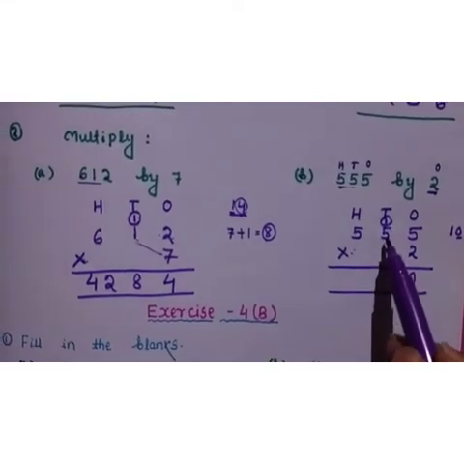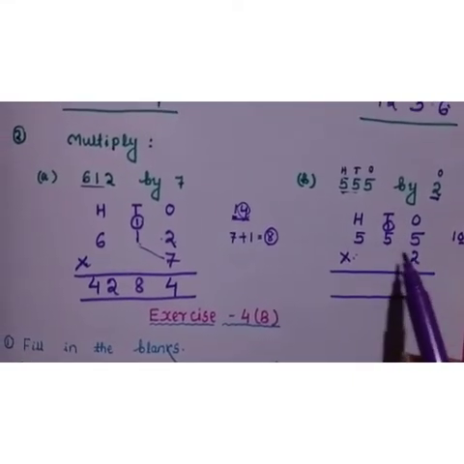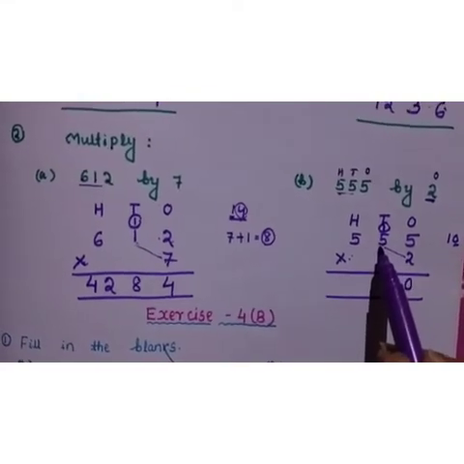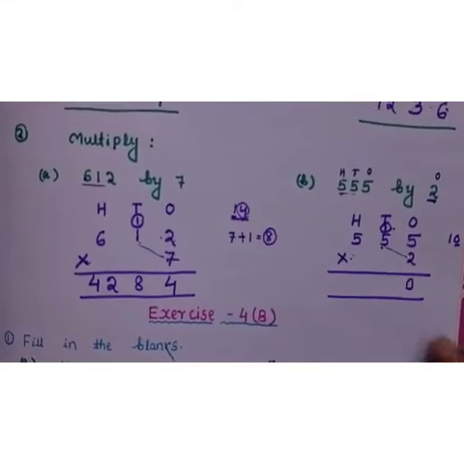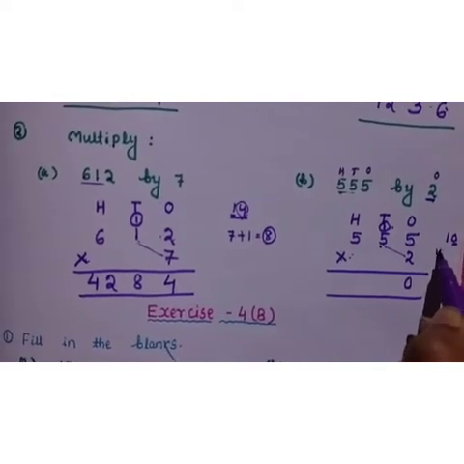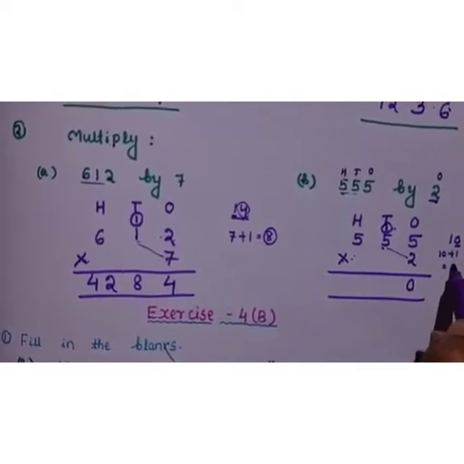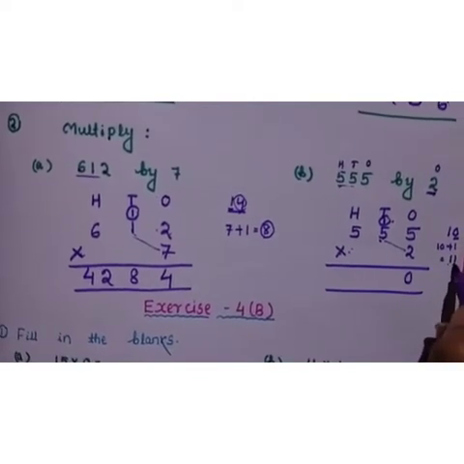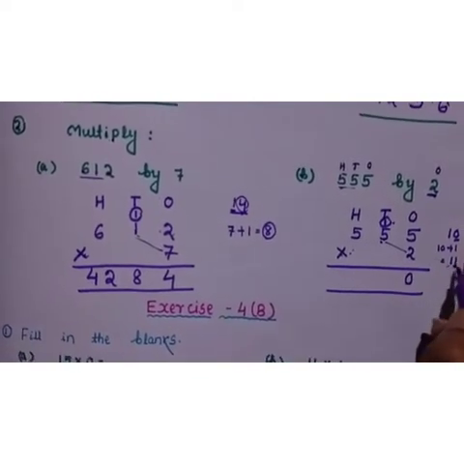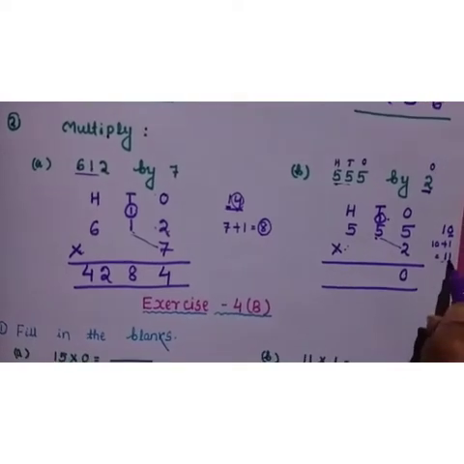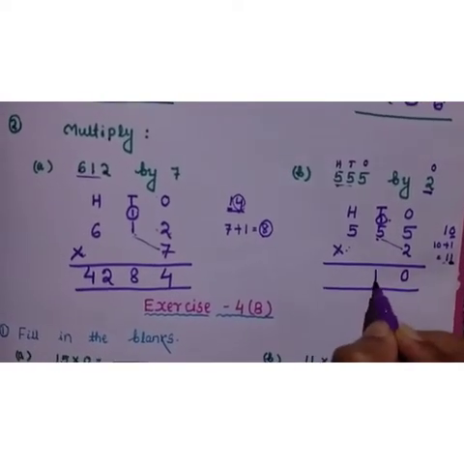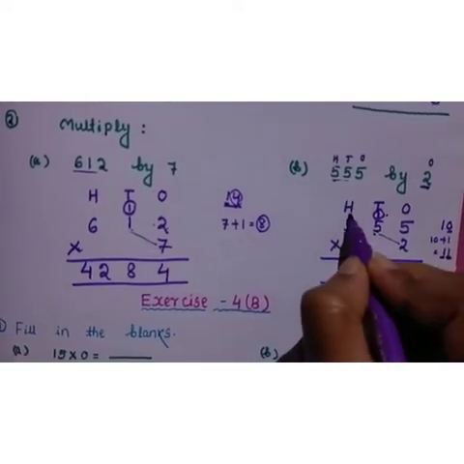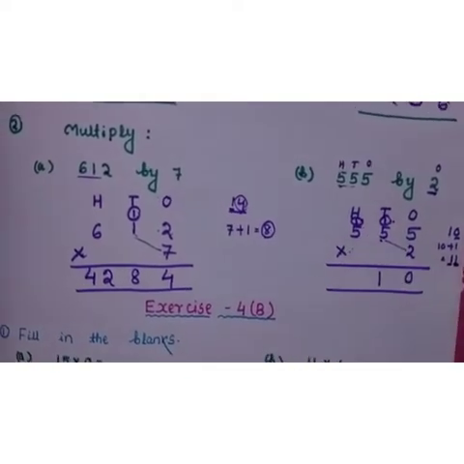Now again see, the same digits are repeated here. The tens place digit is also 5 multiplied by 2, that means 5 2s are 10. But see, one carry is here, so we add 10 plus 1 equals how much? 11. 11 is a 2-digit number, that's why we write the last digit. So we write 1 under the tens column, and the next 1 we carry to the next column, the hundreds column.